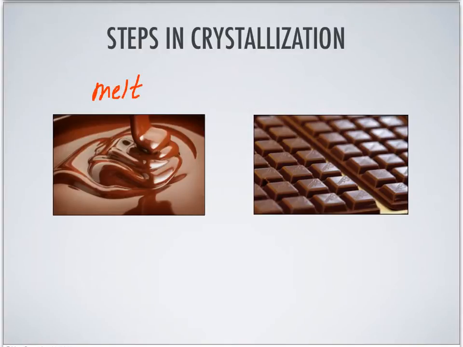As you can see in this picture, here we have chocolate containing mixtures of triglycerides, and these triglycerides have different melting points. When we cool the chocolate below the melting point of the triglycerides, they will crystallize to form a solid crystal. So in the process of chocolate making, this step is called